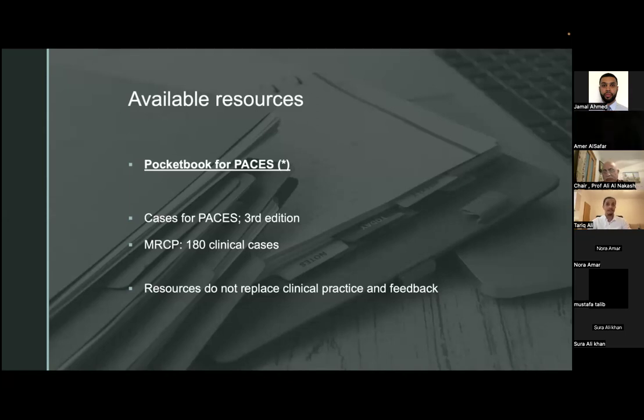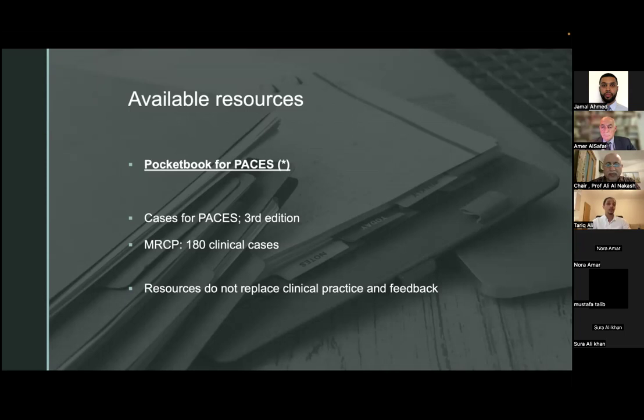And what I would say is that nothing replaces clinical practice and feedback from supervisors. If you have prepared for PACES by reading a book, you will fail. There's an absolute guarantee you will fail. You need to examine patients. You need to touch patients. You need to look for clinical signs. You need to see nail pitting and question, is that actually nail pitting? Because I've not seen it before, and ask someone to confirm it. Yes, it is. Now I know what it looks like. I will wait for it in the real exam, okay?